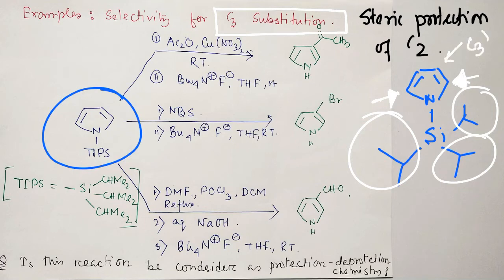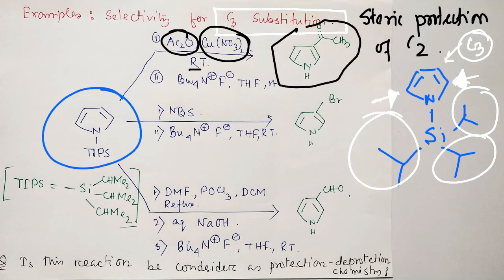By the way, I have already discussed that pyrrole is very electron rich, very active. So it is not quite difficult for pyrrole to get C3 substitution. However, the condition needed for C3 substitution is relatively drastic compared to C2. Okay, so let's discuss a little bit about this substitution. So first of all, if you take acetic anhydride and copper nitrate, better to say cupric nitrate, at room temperature, acylation reaction happens. I think you may be a little confused that, sir, previously when you have used acetic anhydride plus nitric acid,